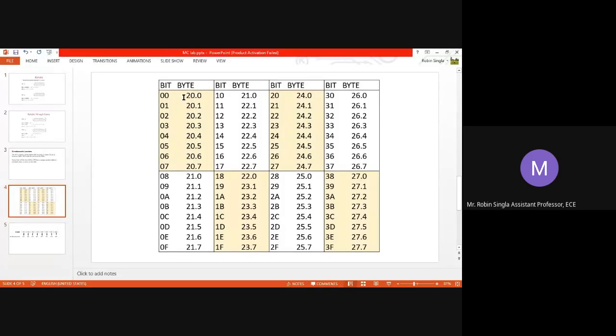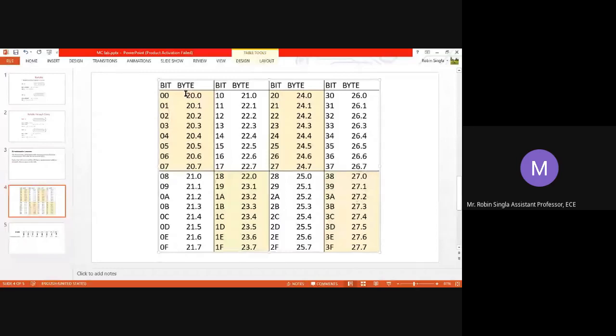So 20H memory location has 8 bits. The first bit of memory location 20.0 will be the 00 bit addressable location. The next bit of the 20th memory location, 20.1, will be the 01 bit addressable location. Like that, in this table it is shown from 20 to 27.